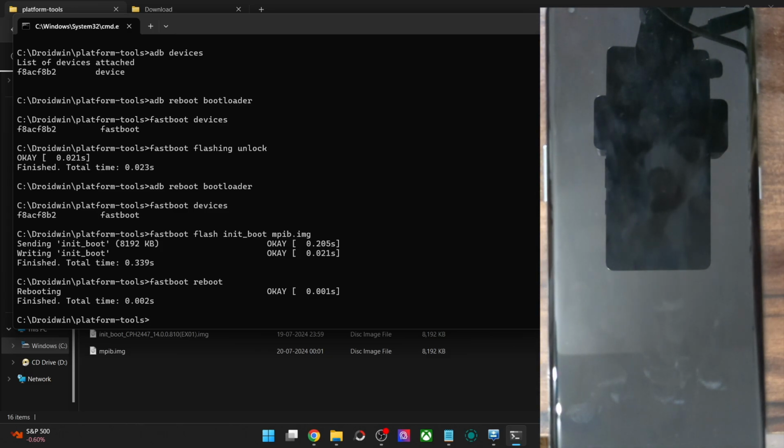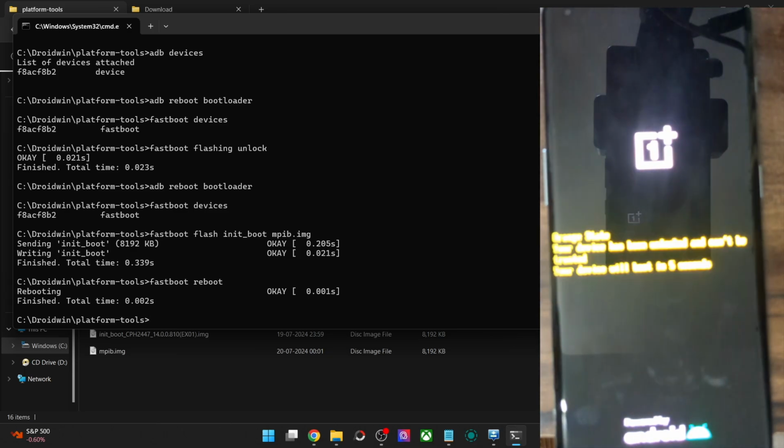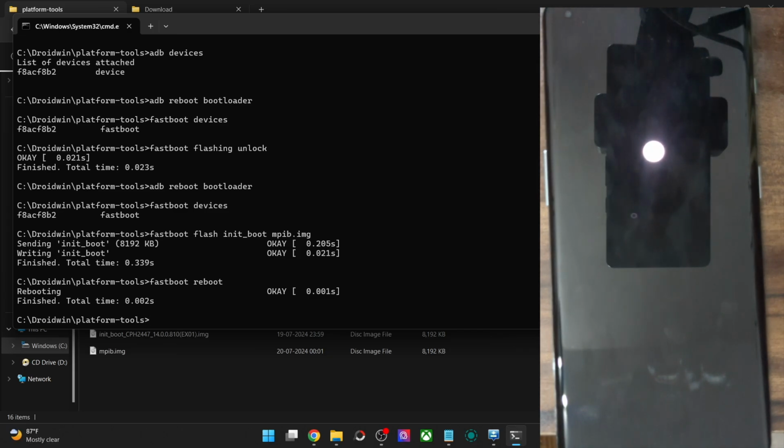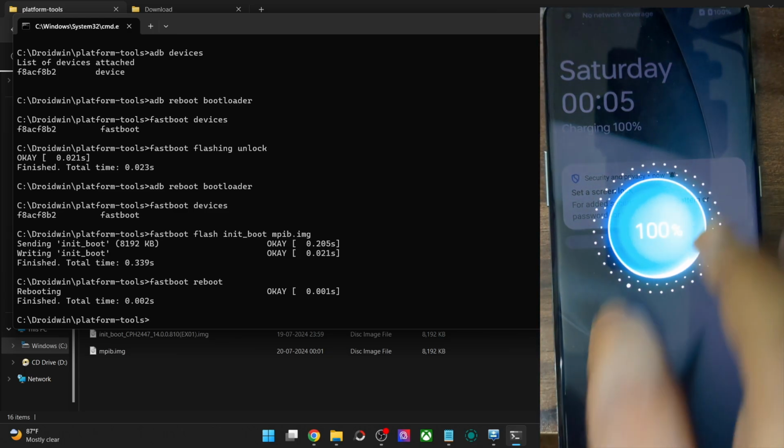And in most cases, the rooting is now complete, but in some cases, Magisk might once again ask you to carry out a few additional steps in the form of direct install. So if it asks, well and good. If it does not ask, that is also not a cause of concern. If it asks you to carry out any additional step, then you simply have to do a direct install, but that rarely happens.